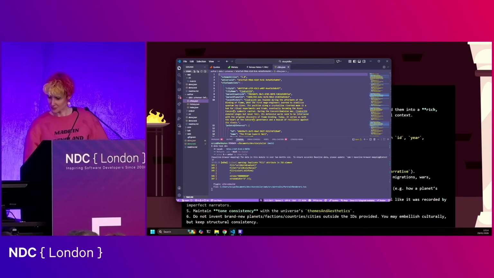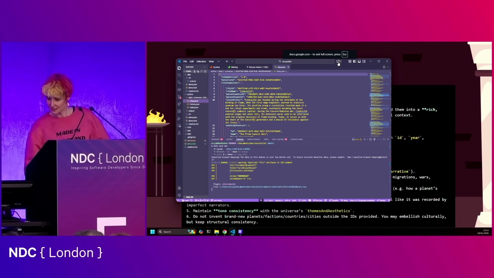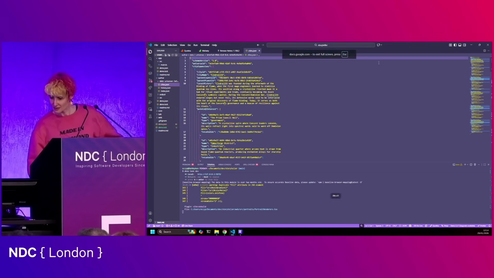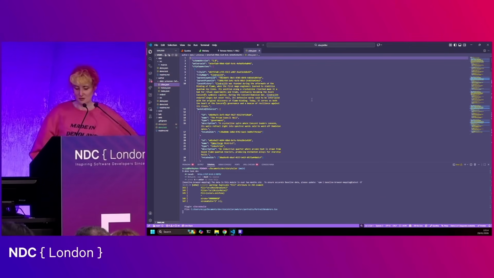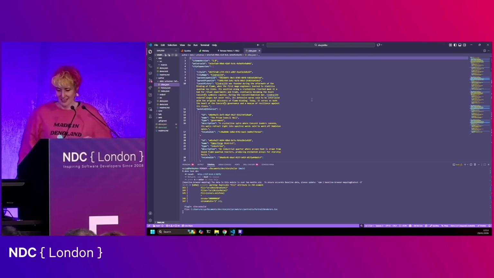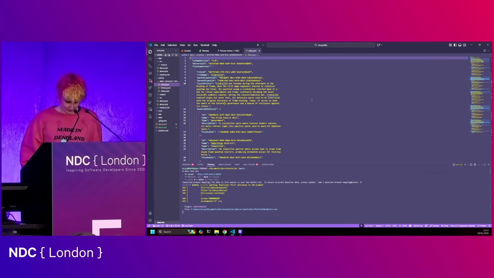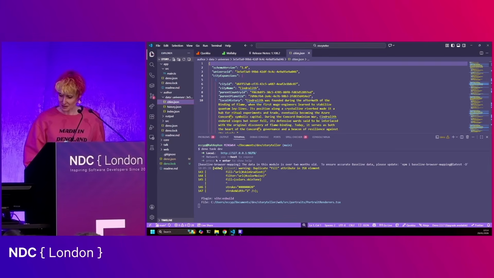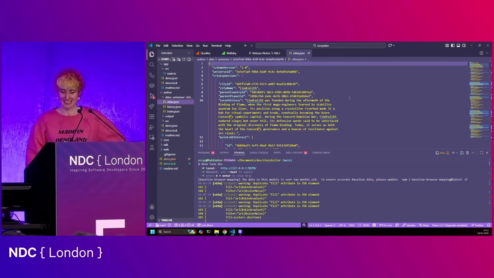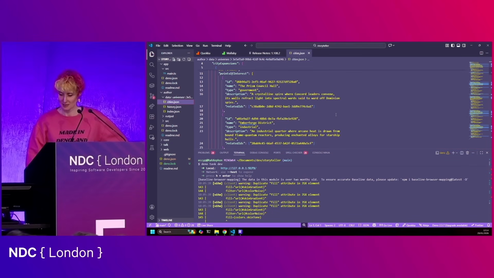There we go, so this is my code. And now I'm not going to be able to read that to you. There we go. Founded during the aftermath of the binding of flame, when the first mage engineers learnt to stabilize quantum ley lines. Kind of cool. Kind of sounds like somewhere I might want to explore.